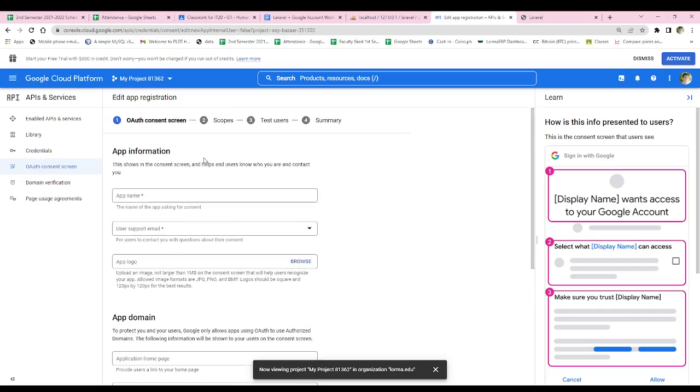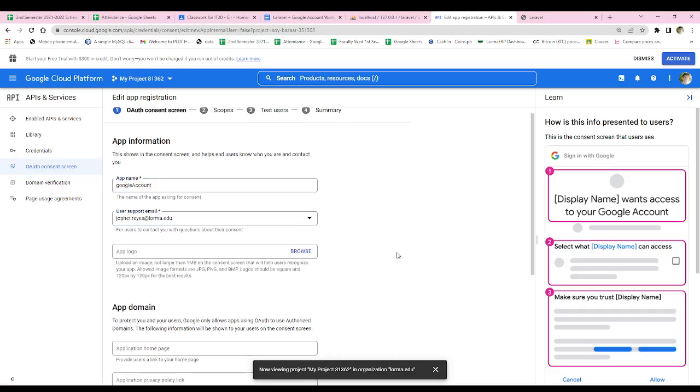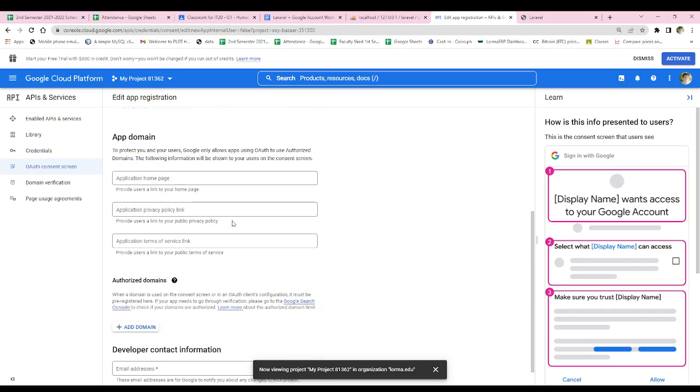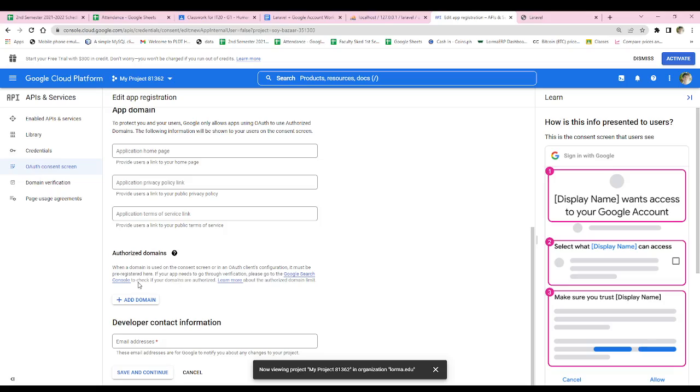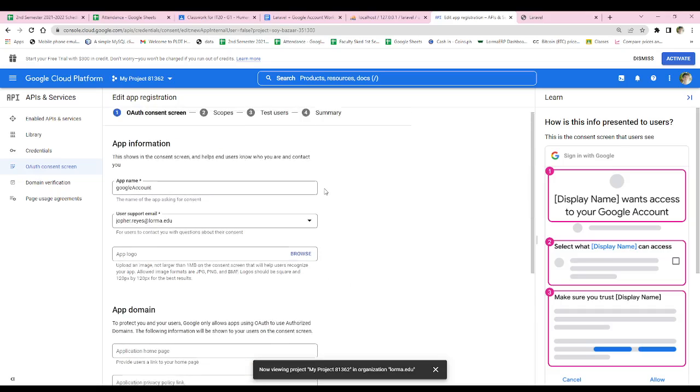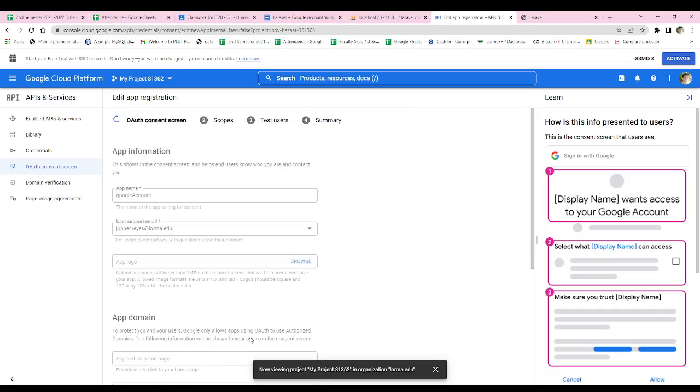Then you have to provide the application name. For me, kasi I'm using Google account as my application name, and then email. The logo is optional. The app domain name is also optional, but for the address, that is required. So jofer.reyes@lorma.edu. So if I will click save and continue,